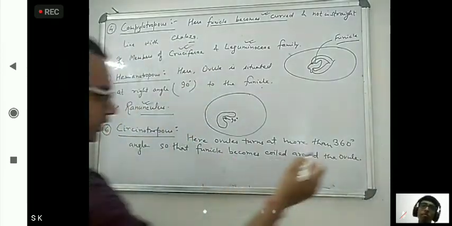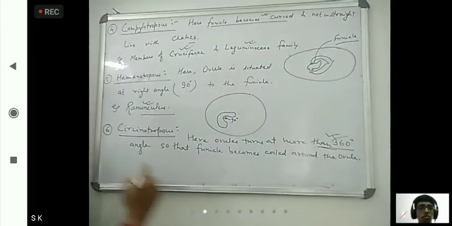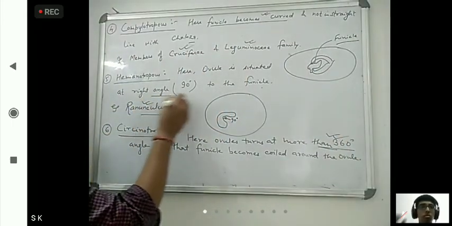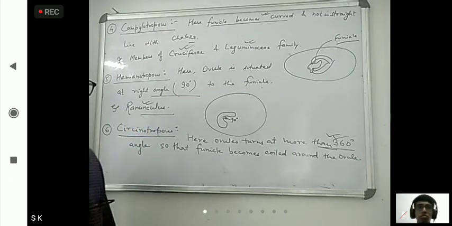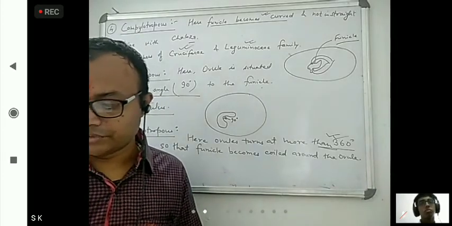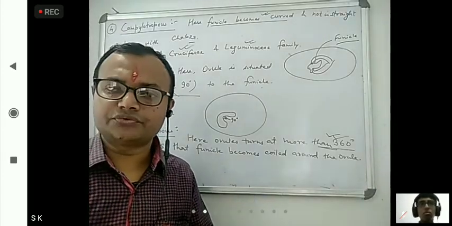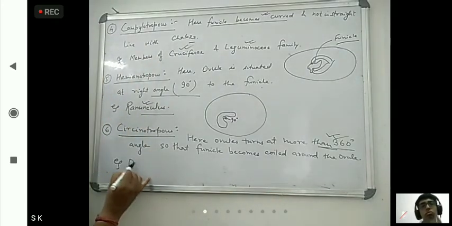Okay, so here you have to know what is that angle, more than 360 degrees. In Hemianatropus 90 degree. Okay, so Cercinotropus more than 360-degree angle, and funicle becomes coiled around the ovule, and it is found in opuntia. So for example,